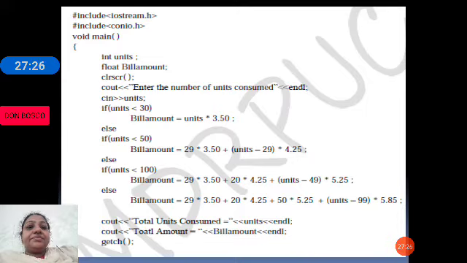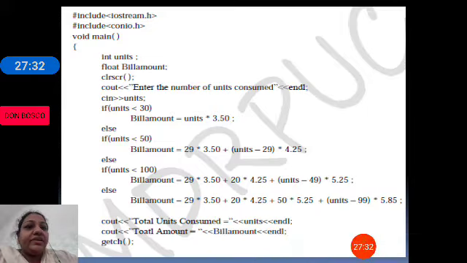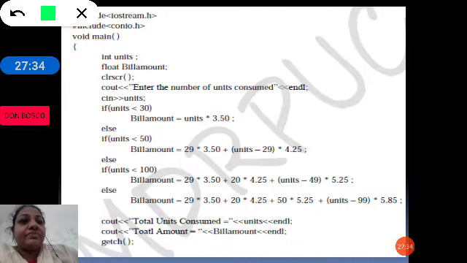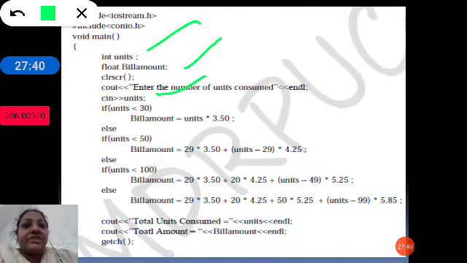So here you can see float bill amount. We are taking the bill amount and units used. First we are taking units used. If it is less than 30, then bill amount is units into 3.50.